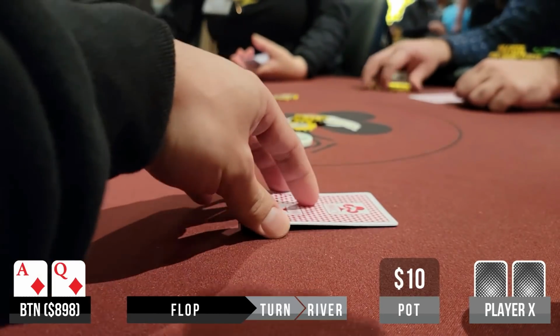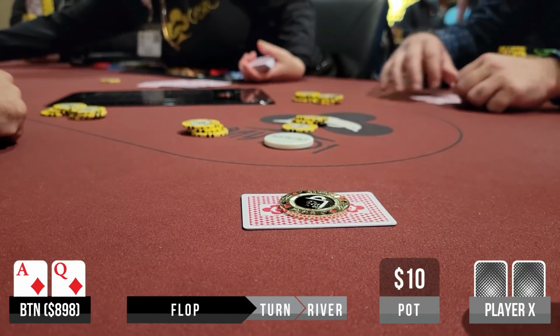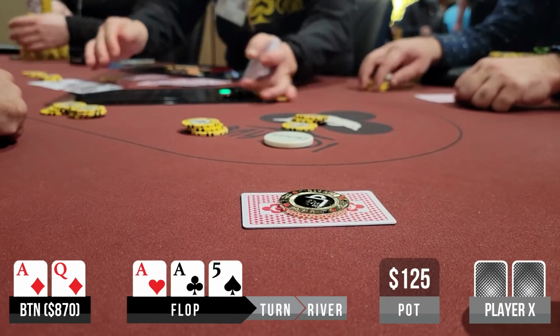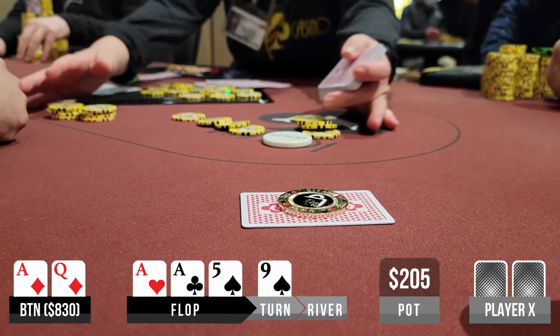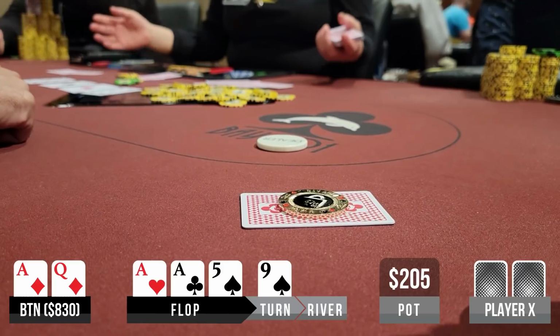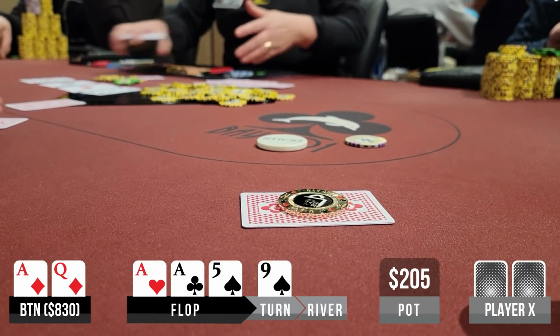After middle position and hijack limp, I raise to 30 and get 3 callers from the small blind, middle position, and hijack. We go 4 ways to the first 3 community cards in which I flop hard on ace-ace-5 rainbow. Checks to me, and I bet 40. Only the small blind calls, and we go heads up to the 9 of spades on the turn. Small blind checks with around 300 back, and hoping to cool off my opponent, I bet again, this time for 100. No cooler to be had though as small blind folds, and I take a stack a bit over 1,000 to the next hand,